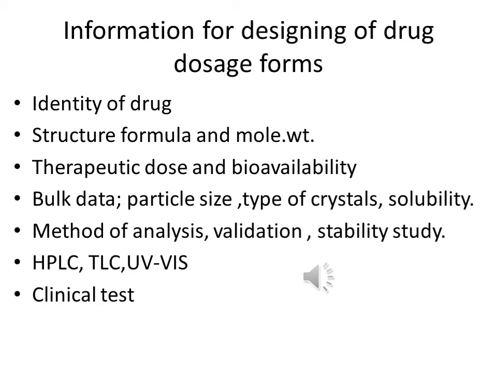It needs collection of different information about the drug material, including the identity of the drug, its structure, formula, and molecular weight, its melting point, crystallinity, and polymorphism, and the study of these properties can be held by different analytical methods,